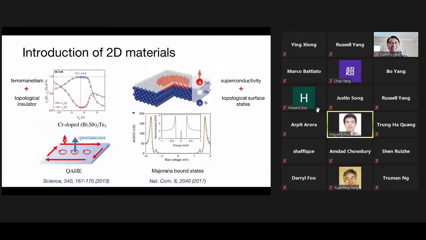In 2D systems, magnetism with non-trivial topology can induce unusual behaviors. One example is the quantum anomalous Hall effect, where the combination of strong spin-orbit coupling and ferromagnetic ordering can generate a band gap in the bulk and gapless chiral edge states at boundaries, and the quantized Hall conductivity is carried